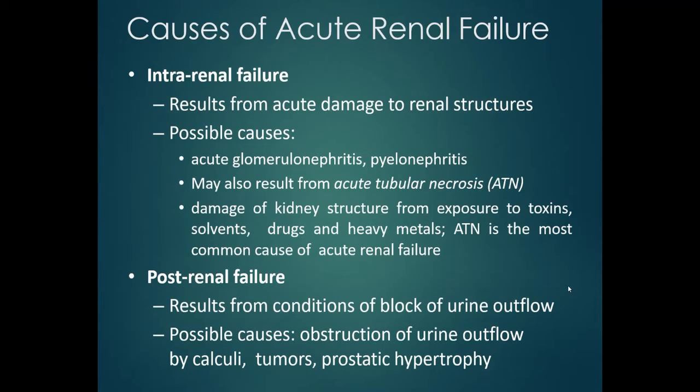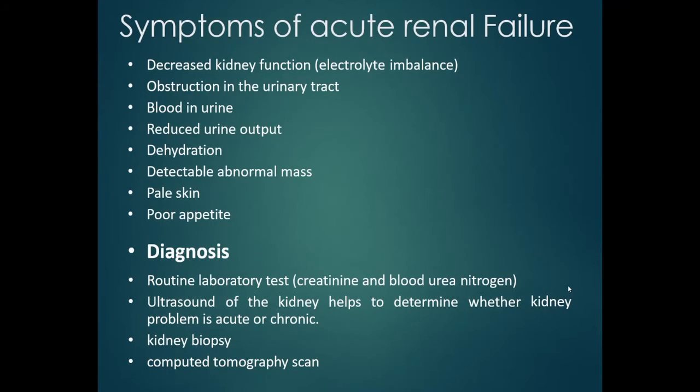बॉडी में जो सॉरी किडनी में पथरी होना, ओके, स्टोन्स होना, जहाँ कैलकुलाइज होना, जिसकी वजह से यूरिन का पास ना हो पाना. So the symptoms for the acute renal failure includes there will be electrolyte imbalance, सोडियम पोटाशियम मैग्नीशियम इन सब की वैल्यूज कम हो जाएंगी, यूरिनरी ट्रैक्ट में ऑब्स्ट्रक्शन होना, there will be blood in urine, and there will be reduced urine output, and you may get dehydrated because you are not drinking more water than the passage